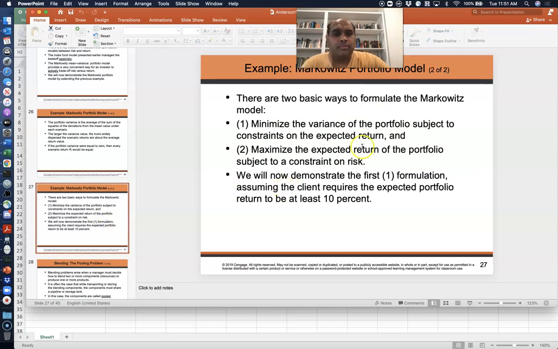So there are two ways to formulate the Markowitz model. One is to minimize the variance with constraints on the expected return, or the other way is to do the opposite: maximize the expected return, which is what we did. But the one thing that we didn't do is put a constraint on the risk. In some of these models, we did have risk constraints, where we had values of risk for each of the different investment options, but that's still a static way of doing it. Now, number 1 is a better way of doing it than number 2, because